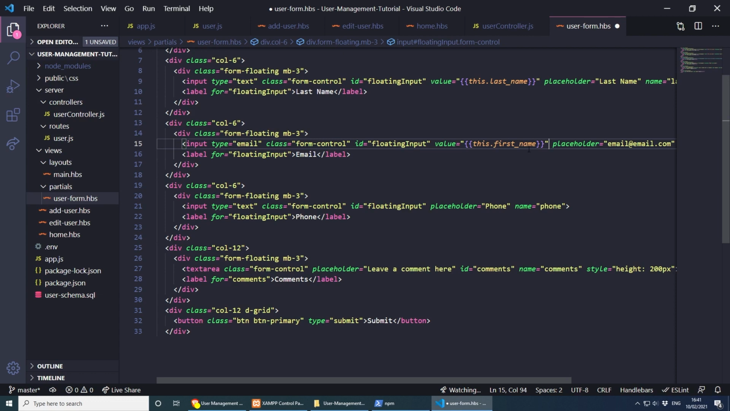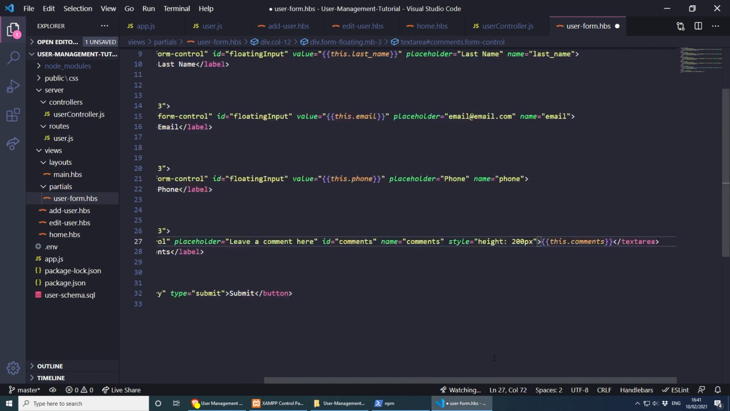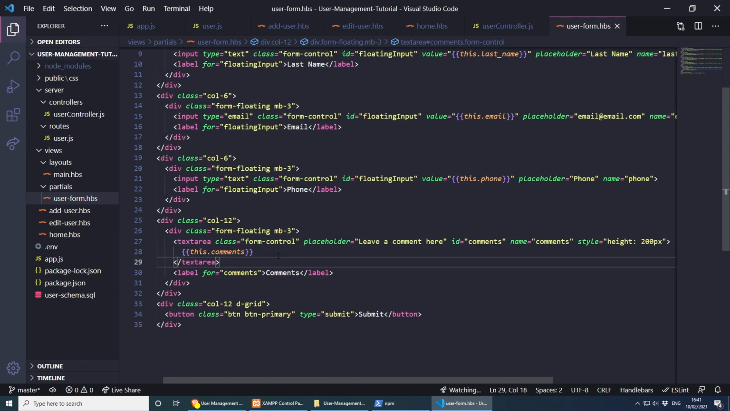Does it need to be in the placeholder? No, probably value will be fine. Email, then we have a phone, then we have the comments. Actually, in the text area it is going to be different. Oh yeah, I've already added it here earlier. Okay, this is how you add it in the text area. You have to add it in the text area, of course, not as a value,